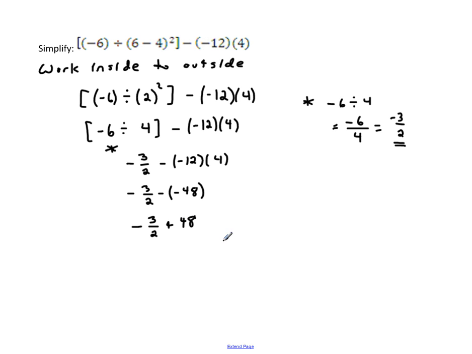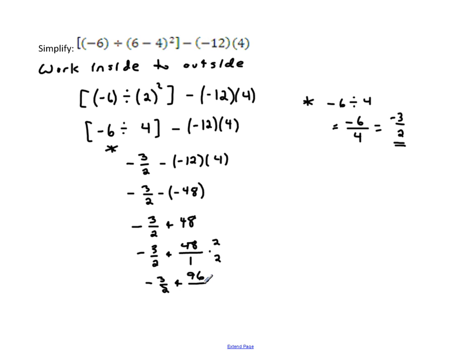Well, how do we get those two together? One isn't a fraction, the other one is, right? Well, in fact, they're both fractions because we're taking negative 3 halves plus 48 over 1. And because we've got two fractions, anytime we add fractions, we get a common denominator. So that means we're going to take our second fraction and give it a common denominator of 2. So we would be adding negative 3 halves plus 48 times 2. Well, let's see, 48 times 2. I know 50 times 2 is 100, but we're going to be taking away from that. So this is actually